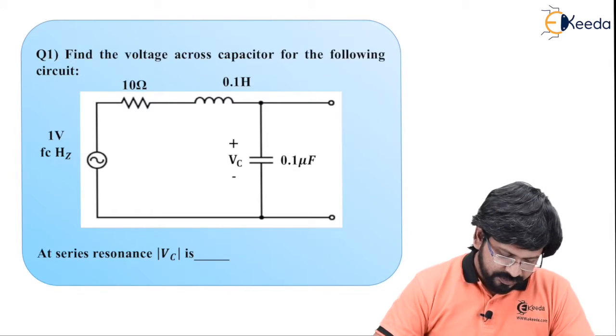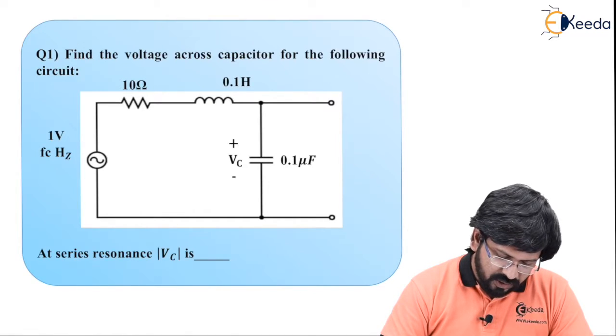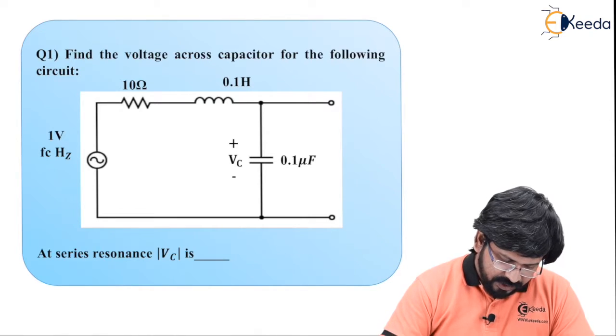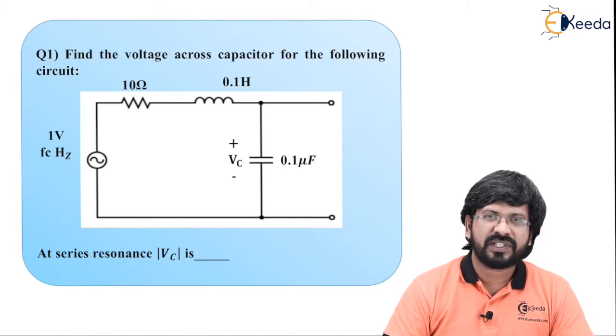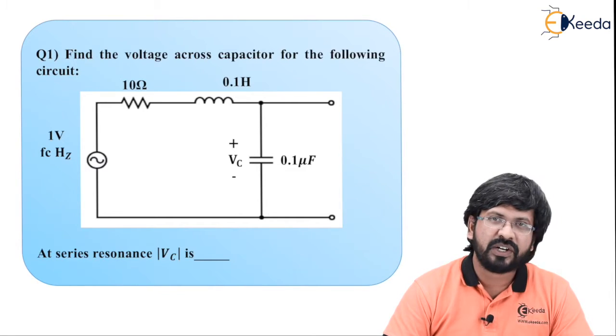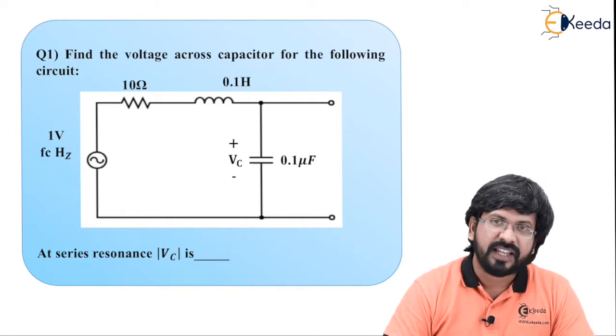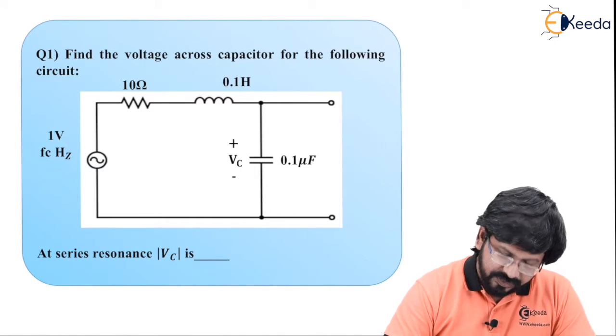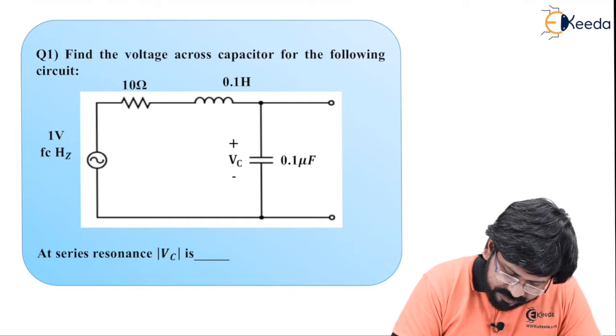Question number 1 says find voltage across capacitor for the following circuit. And the circuit is given. In fact, they are asking you at resonance magnitude of VC is. How to get magnitude of VC? It is very easy. That too at resonance. Then we should have one concept in our mind. The concept is at resonance